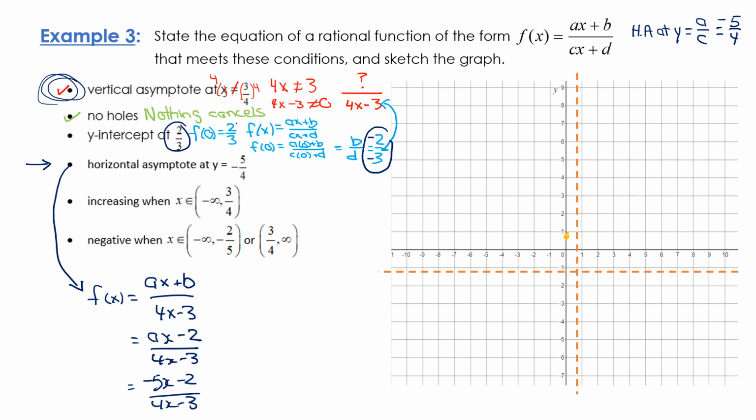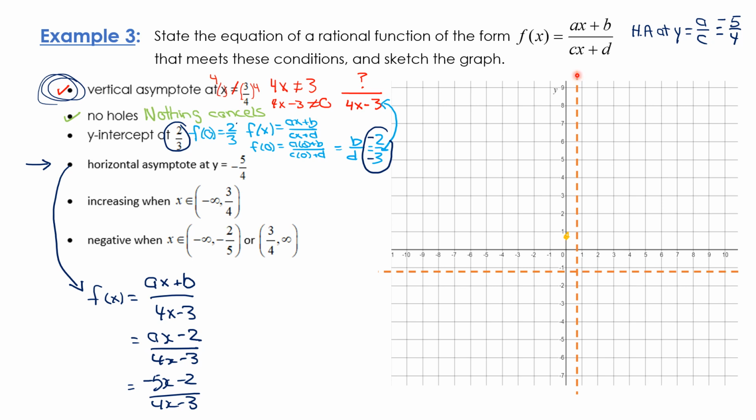We've got the asymptotes on there, no holes. So looking at the second last bullet, it's increasing when x is between -infinity and 3/4. It's increasing. Doesn't mean positive. Increasing means going up. That's what increasing means. So from when x is -infinity, that's way over here, up until 3/4, that's my asymptote. It's increasing. So that's telling me my graph must be coming up, increasing, and then it's going to go right